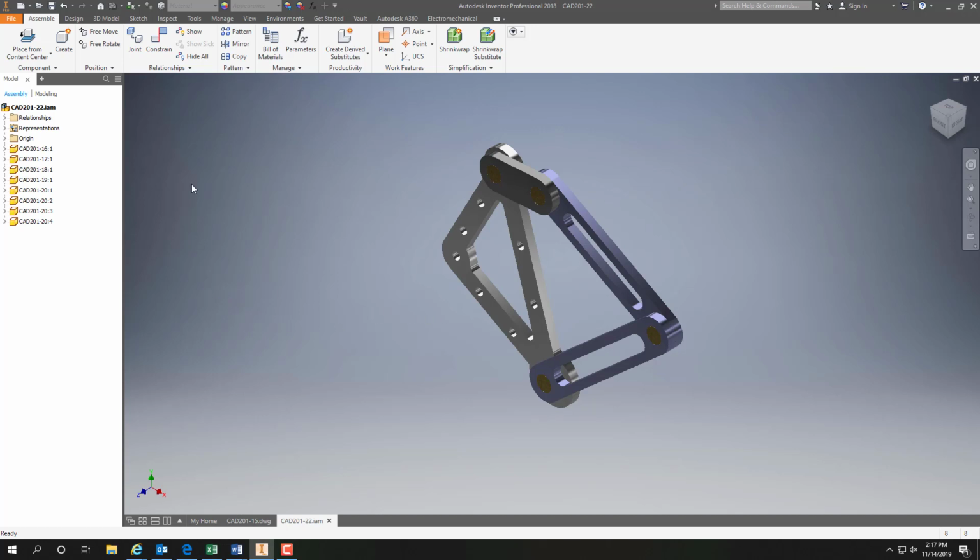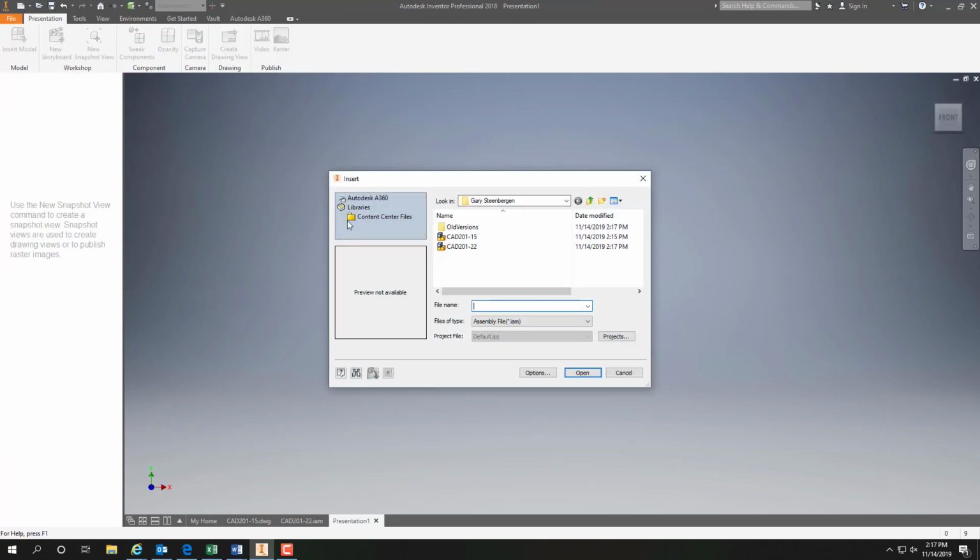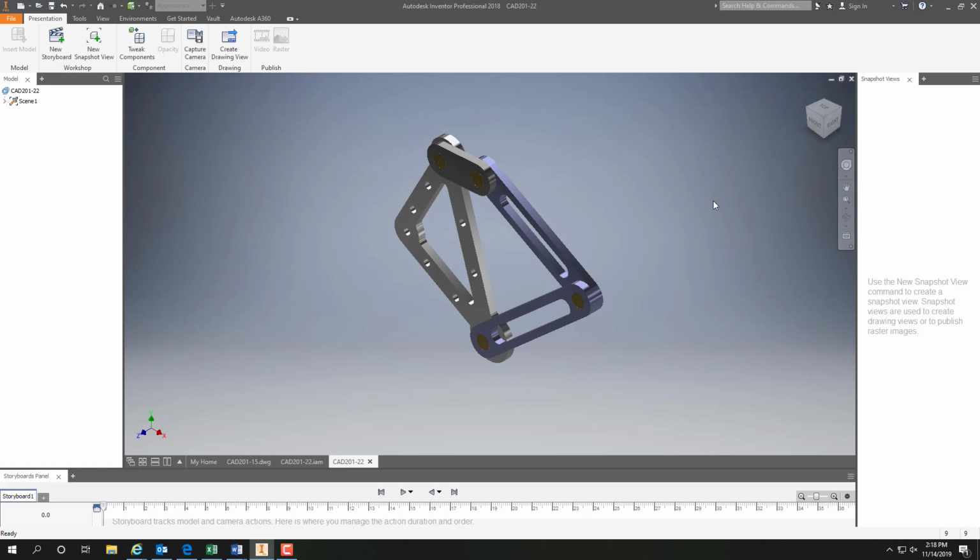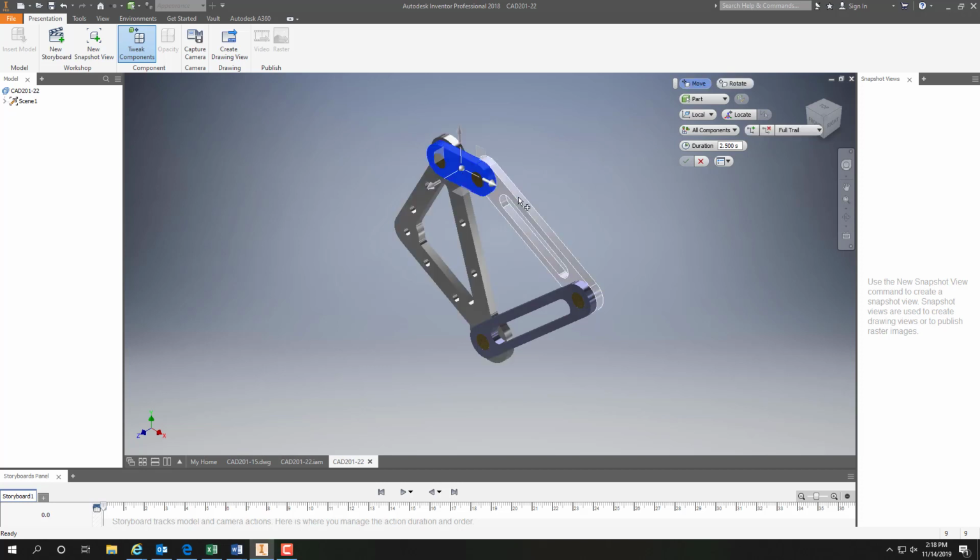this is an assembly. We look straight at it, but when we come up here to this little sheet, we're going to go down to presentation. Okay? And we're going to pick up 22. Now, mind you, 22 and 15 are the same at this point. And so what we're going to do here is offset it, and tweak some components here. So we'll go to tweak, and there are several things that we can do at tweak. And so on this part right here, we will click on that, and notice that there are 3 axes. Okay, now we want to move this one in, well,